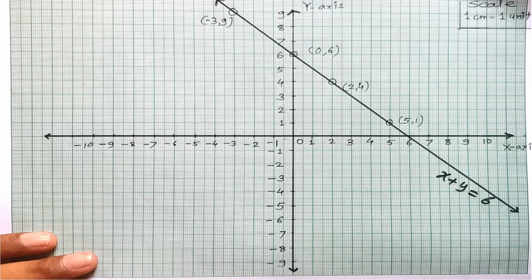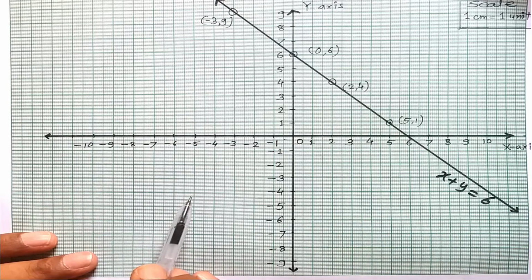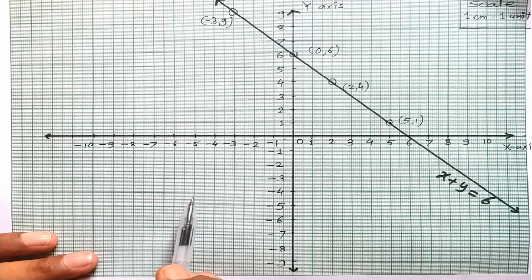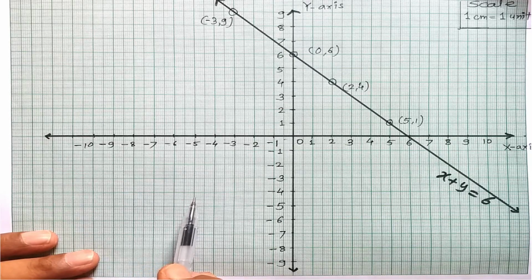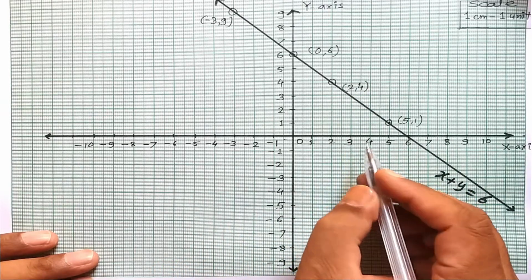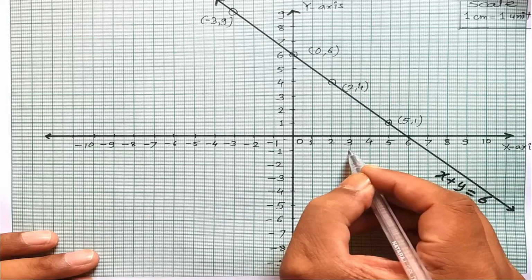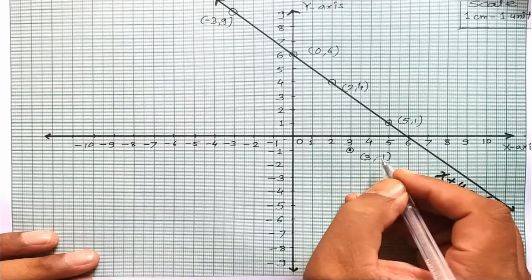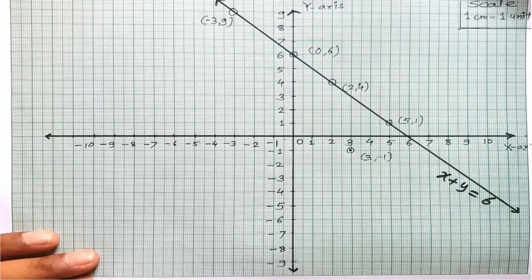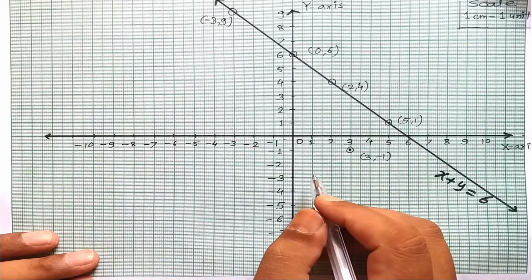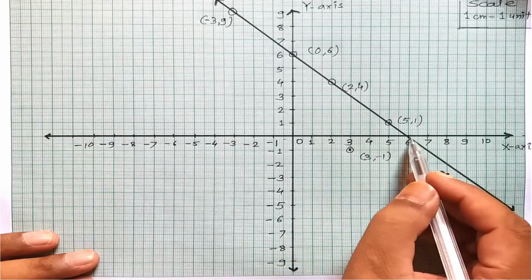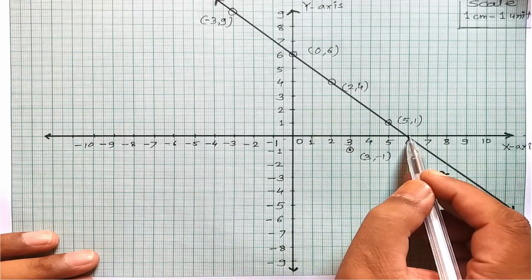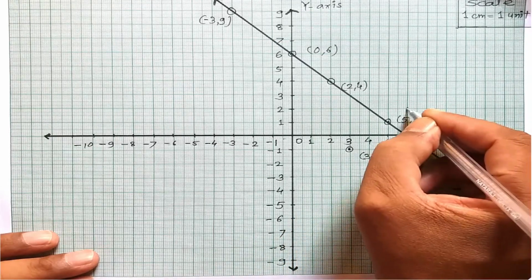Now in this way draw the second line by plotting the points. The first point, that is displaying on the screen, is 3 and minus 1. 3 and minus 1 means the point is here. The second point is 6 and 2. 6 and 2 means this point lies here.